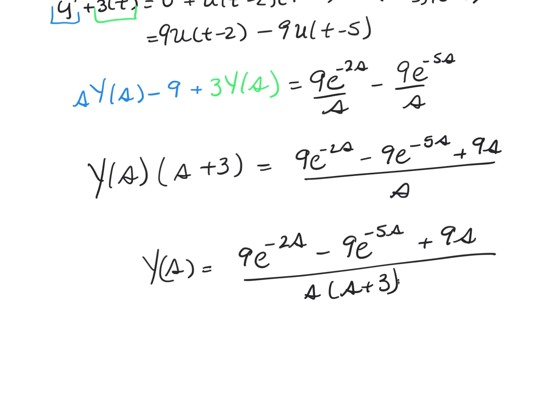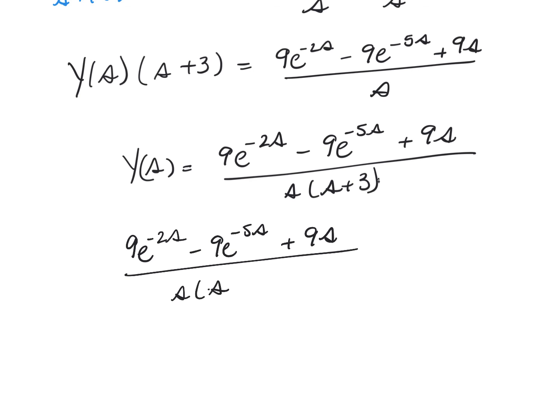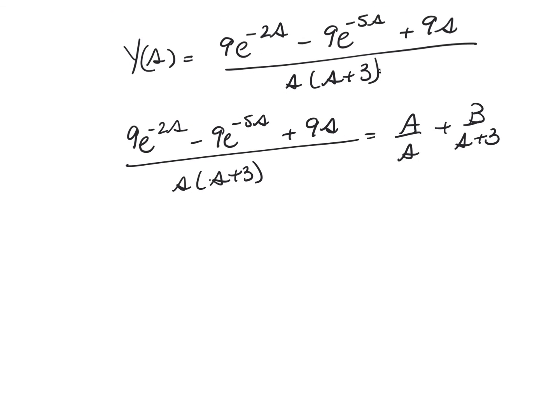Now, if I wanted to solve for this system, then I would do my partial fraction decomposition as usual. I would have said 9e raised to the negative 2s minus 9e raised to the negative 5s plus 9s all over s times (s plus 3) is equal to A over s plus B over s plus 3. And then I would have done my usual partial fraction decomposition. And if we ignore the e raised to the negative cs to do this,